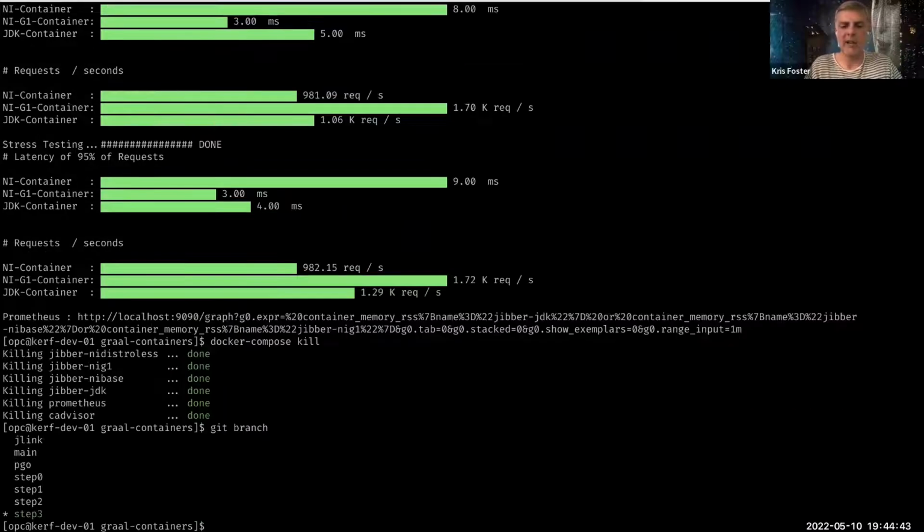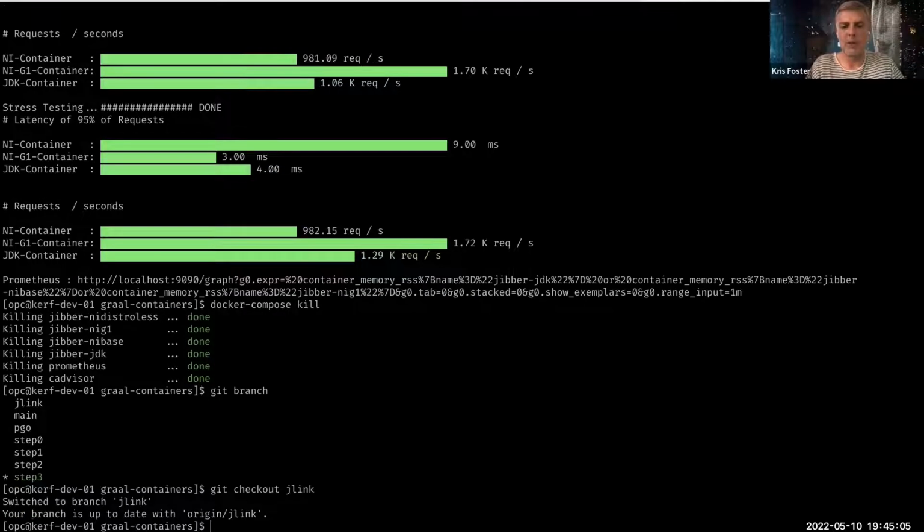We're going to look at JLink, because I don't want to be unfair, right? I want to show, there's a tool in, I think it's Java 11 plus, called JLink, where you can make minimal versions of the JVM and distribute your application with that. So why don't we have a quick look at that? Because I've made a version of the application